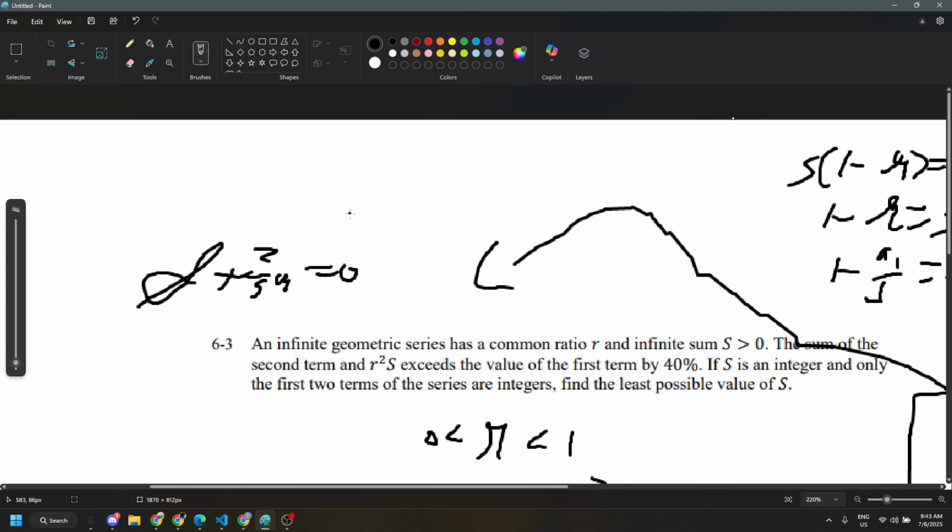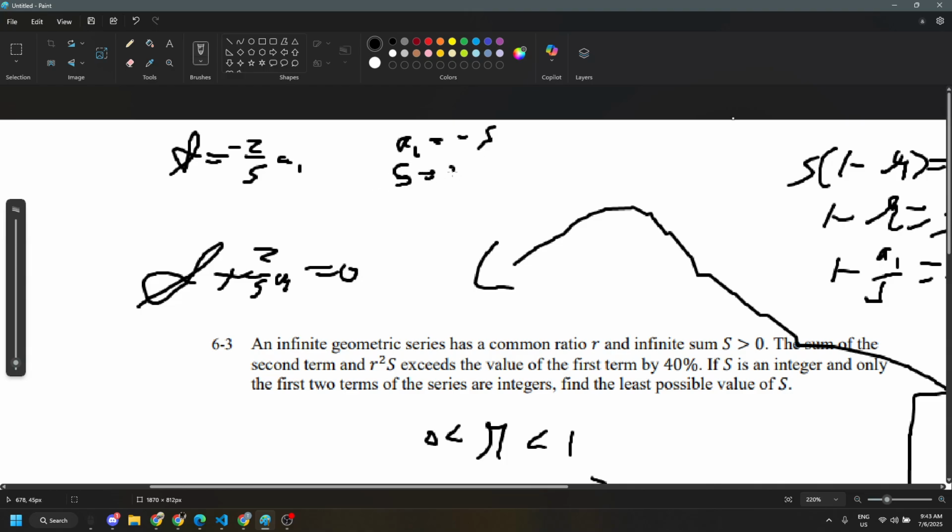So S is positive, A1 must be negative, of course. So S is equal to negative 2 over 5 A1. Now we just need to make sure the second term, A2, is an integer. So if we just say A1 is equal to negative 5,